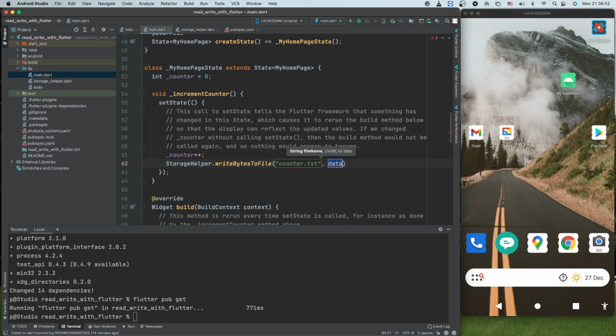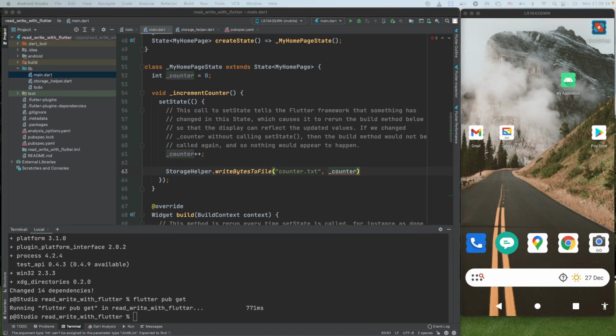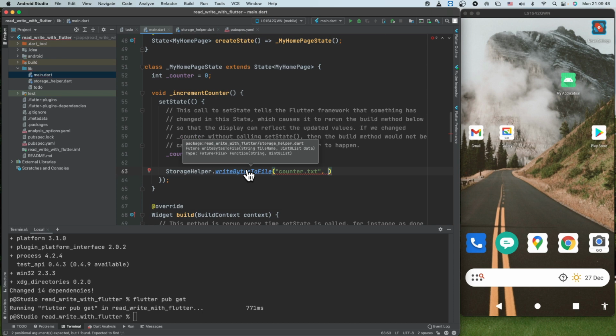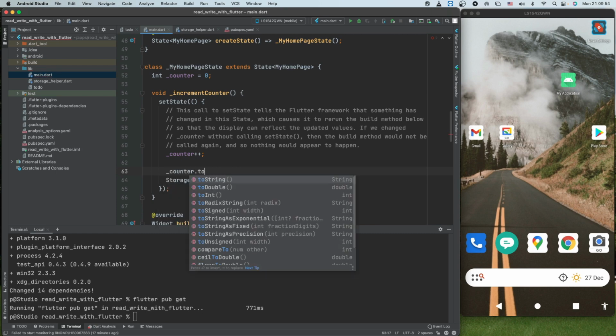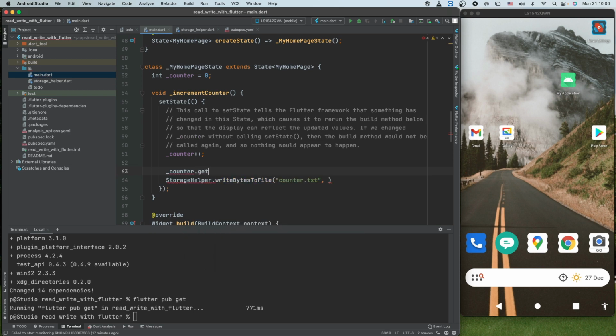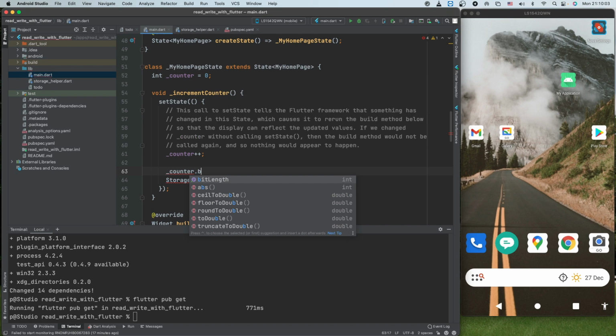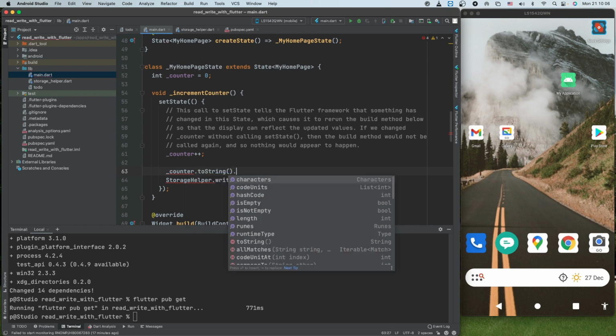file name we'll say counter.txt, and in the data we can write counter. We will be converting this integer to string and then Uint8List. So this is expecting a Uint8List. So what we can do is from here toString, then from here we can get code units.